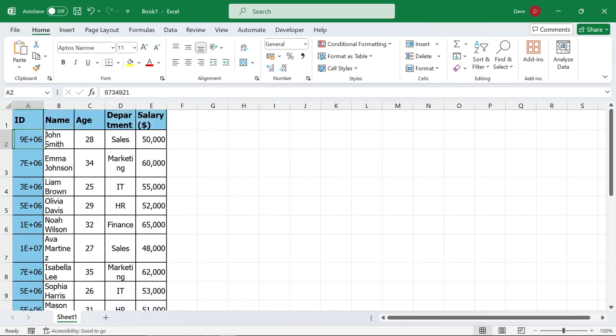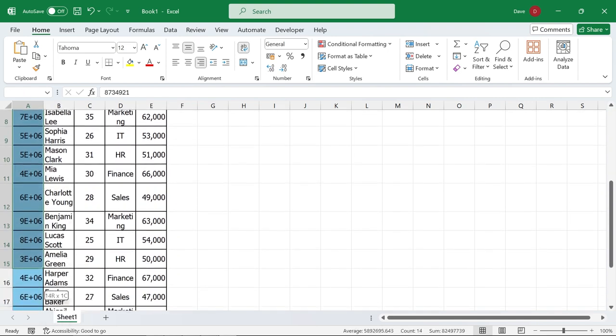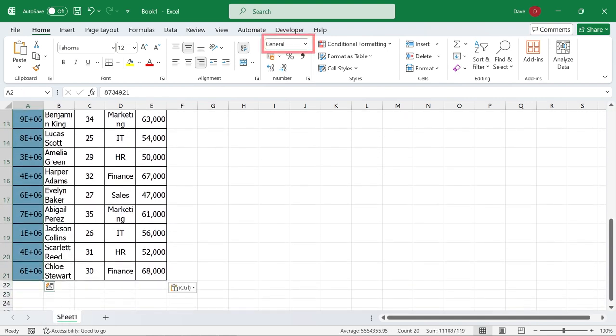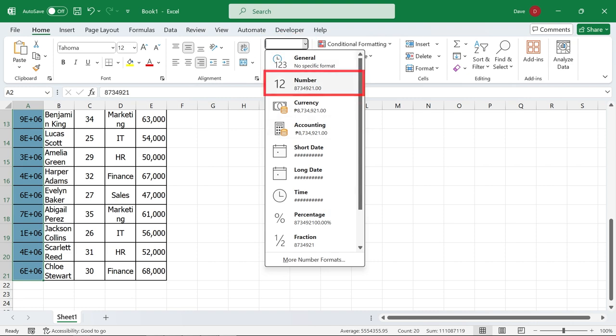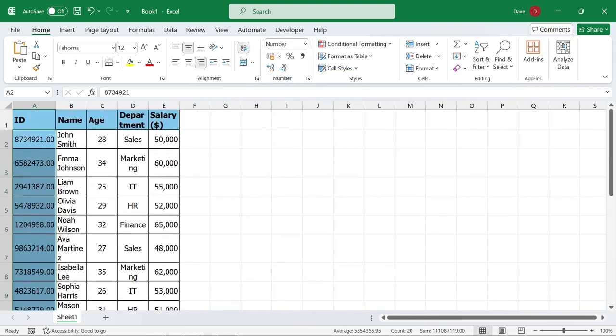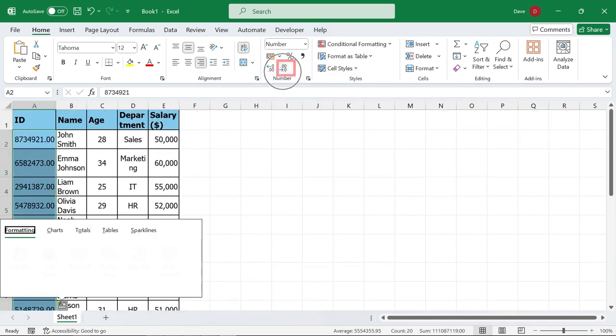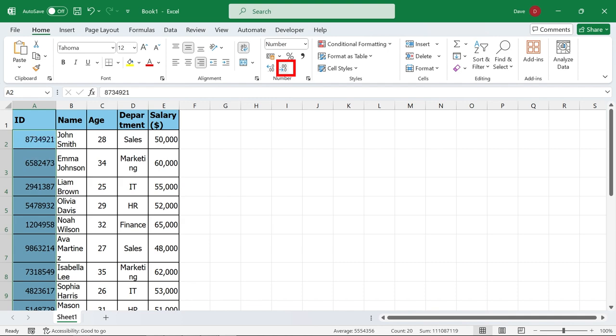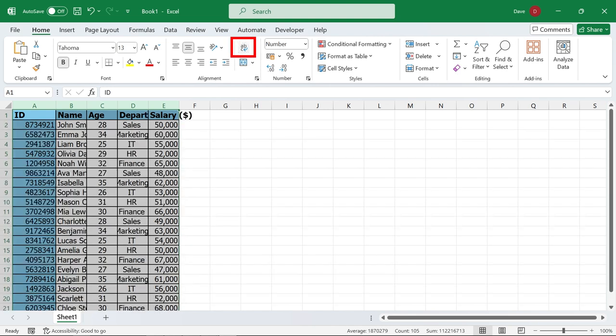Now, for example, here, this is a number, and usually this happens. So what I'm going to do is just click this and then click number. And you are seeing the ID number now. I'm just going to go ahead and click this in order to delete the decimal points. Now, another thing is that we're just going to highlight everything, and then this one here, we are going to